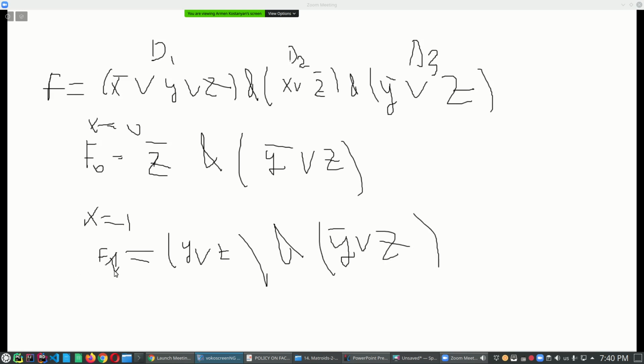This is F1. Then we ask our oracle whether F0 has a true assignment. If yes, we continue with F0. If no, we need to ask whether F1 has a true assignment. Suppose we ask about formula F0 and we get